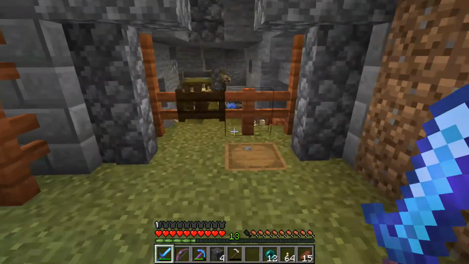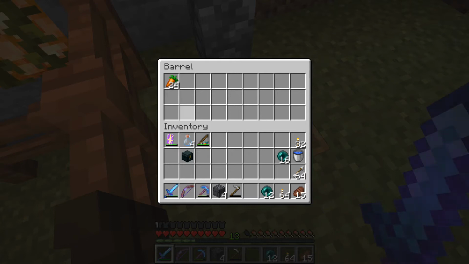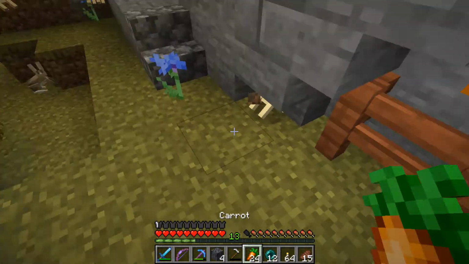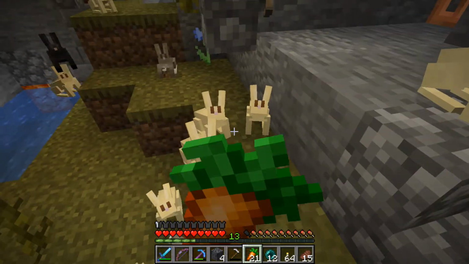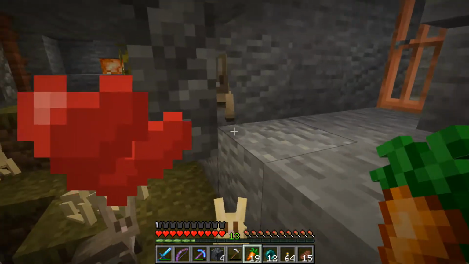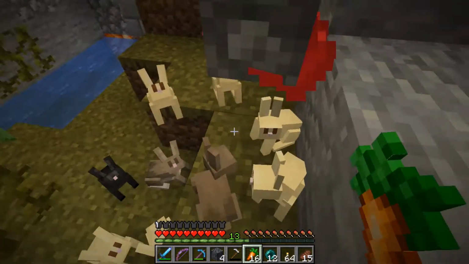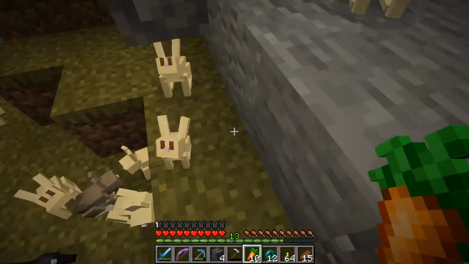All right, and my rabbits, my bunny rabbits, which are kind of useless. I really hope to get a full stack of rabbit feet from them at some point, but the chance of them dropping a rabbit foot is so small, and I don't really know if I will ever be able to do it. And I would like to have the potions that are made out of rabbit